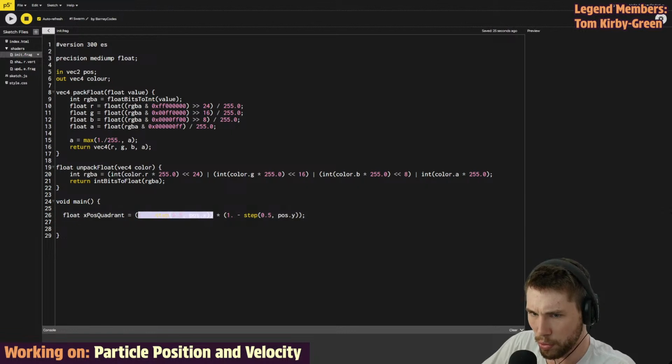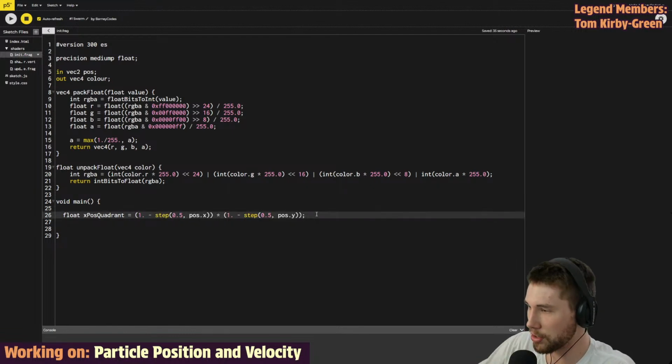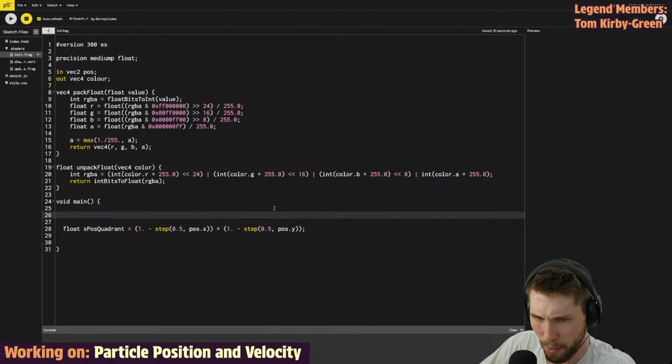Okay, so the X position quadrant, I believe this is all we need to know. So this will be 1 if the X position is less than 0.5, and this will be 1 if the Y position is less than 0.5. And so then by multiplying them together, we can essentially do an AND. And in fact, I think probably what is better is if we do the float x